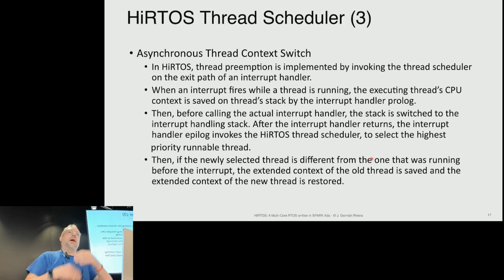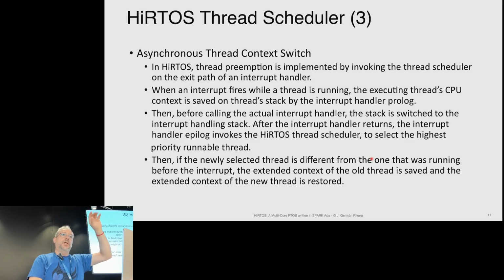Okay, so now the tasking has started, right? Now there are two types of context switch that can happen: asynchronous context switch and synchronous context switch. That is how the entry points of the scheduler are designed, in asynchronous and synchronous ways. So what are the asynchronous ways of doing thread context switches in HiRTOS? I think this is in general how it's done in any mainstream RTOS. The asynchronous context switch is necessary to have thread preemption, right? Basically, every time an interrupt fires, typically the timer interrupt, but also any other interrupt,